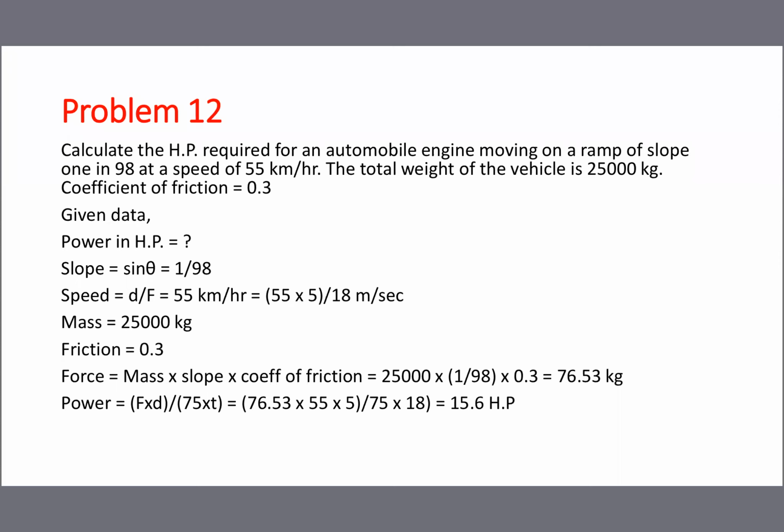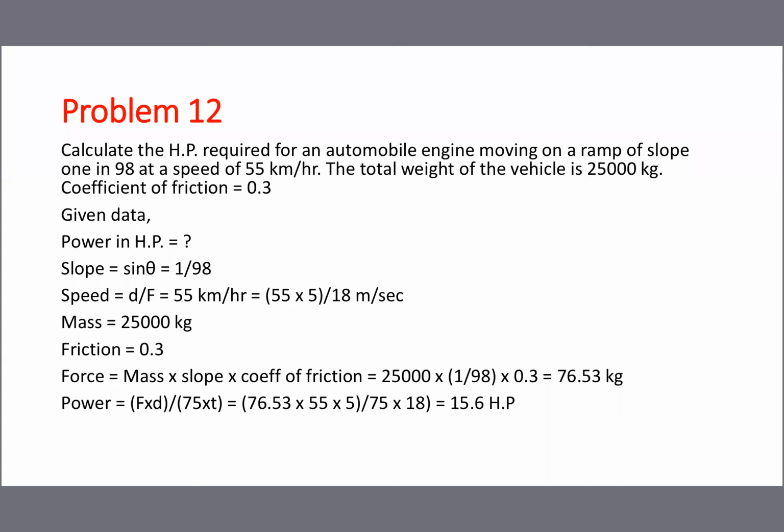The conversion formula is 5 by 18, or I can say like this: 55 kilometer per hour, if you want to convert into meter per second, multiply by 1000 and divide by 3600. Kilometer you have to convert into meter, multiply by 1000. One hour, if you want to convert into 1 second, divide by this. Simply, multiply with 5 by 18 and automatically it becomes meter per second.